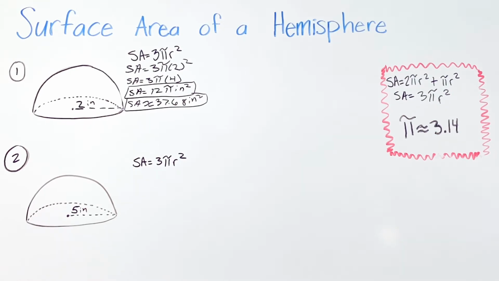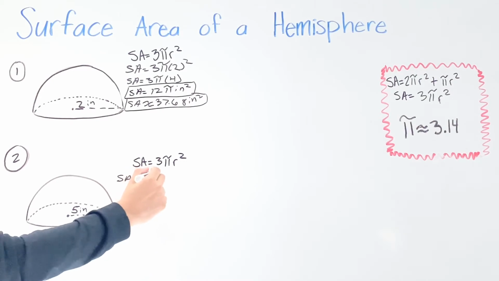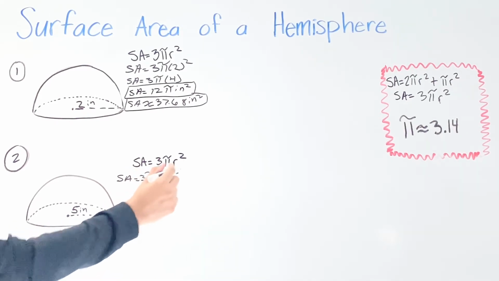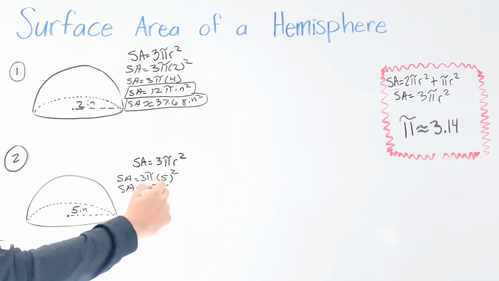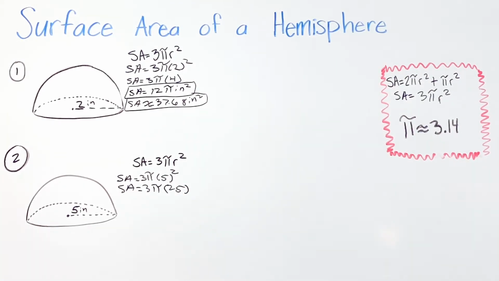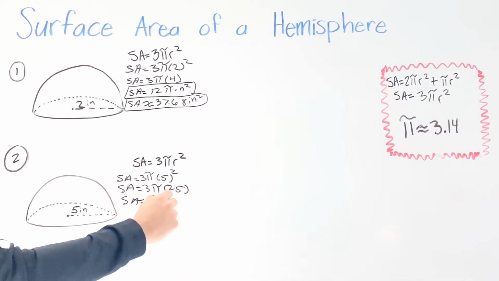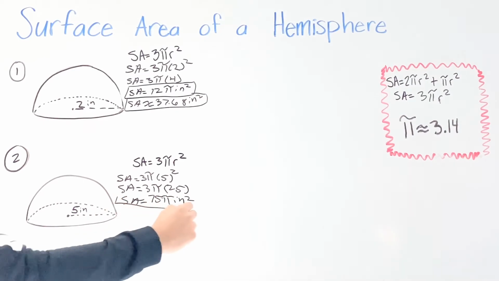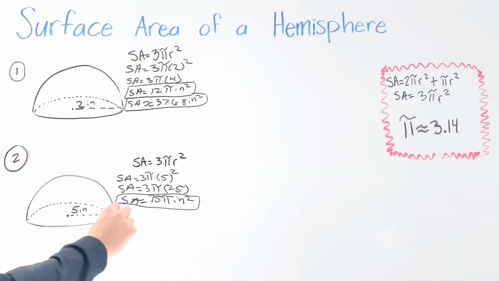Okay, so for number 2, we're going to do the same thing, just substitute 5 for our radius. So we have surface area equals 3 pi, our radius is 5 to the second power. Now 5 times 5 is going to give us 25. We're going to multiply 25 times 3, which gives us 75 pi inches squared. And once again, if your teacher doesn't want you to leave it as pi, we're going to multiply 75 times 3.14, and we're going to have our answer to be